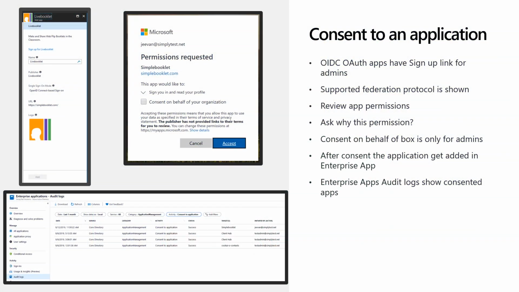application. Enterprise application has an audit log in which, if you look at the activity as consented applications, then you can see different consented applications which have been used in your organization. The 30-day report over here shows the different applications which my users have consented to, and the list appears over there. From that point onwards, you can manage these applications in your enterprise application page.